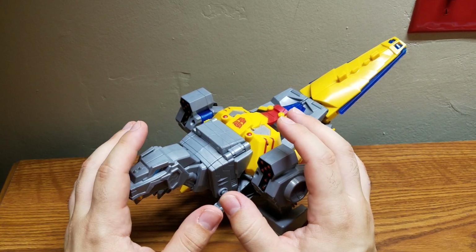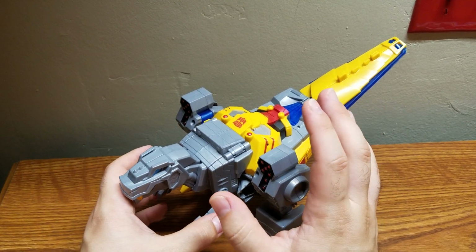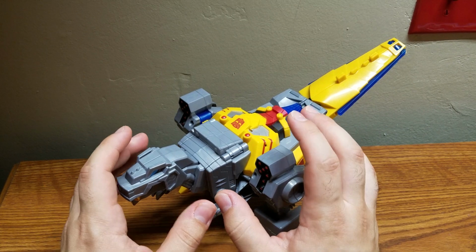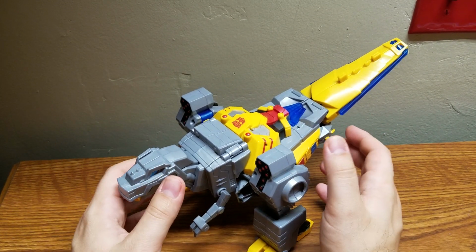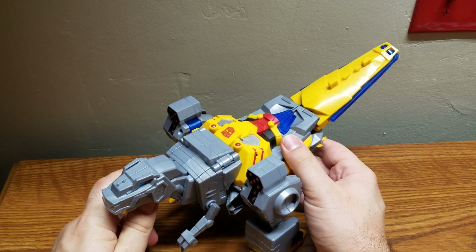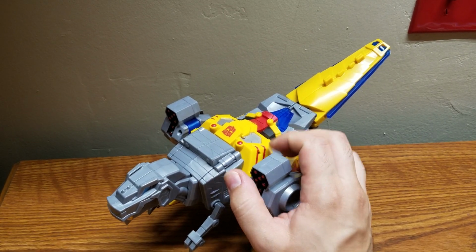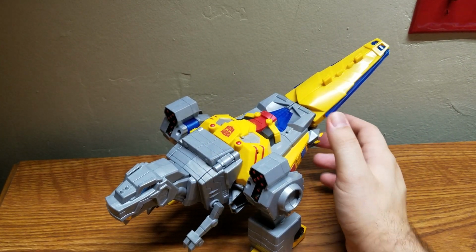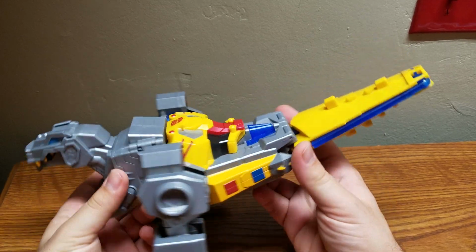And unlike most of the action features of the Cyberverse line, it doesn't interfere, at least for my needs, with his articulation or his transformation. It's an action feature that I like. It's not in the way. It's very similar to the previous Ultimate Class figure I reviewed, which was the Optimus Prime one, which I also really liked. I consider that, I think, one of the best figures of the first wave of the